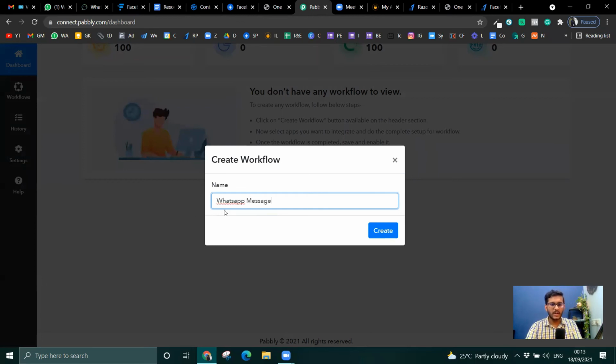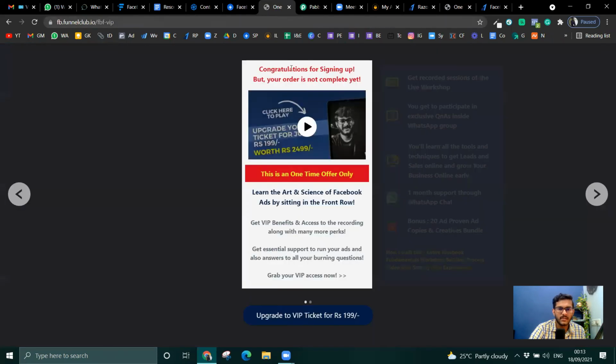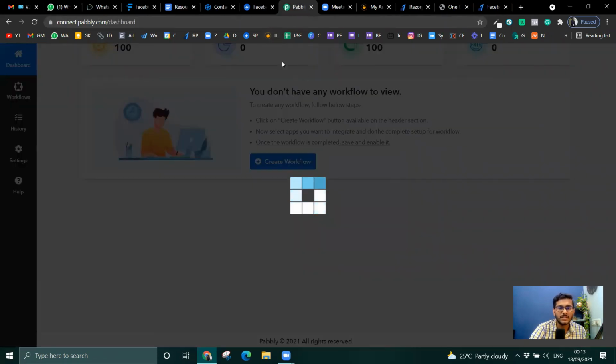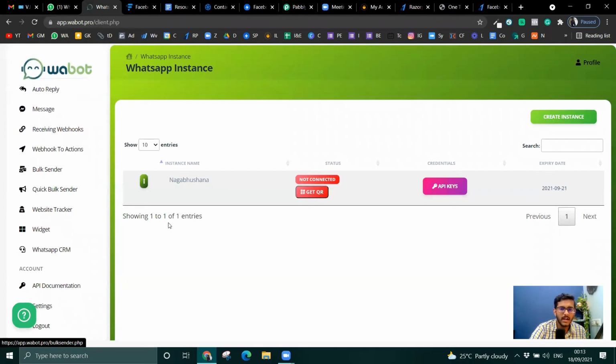There has been a lot of change with respect to the tool that I've been using, so it might not work as well, because it's been a long time since I tried this, as there was some issue with the software on the other side. Not Pabbly Connect, but the other software that I'm using for WhatsApp. I'm using something called WA bot.